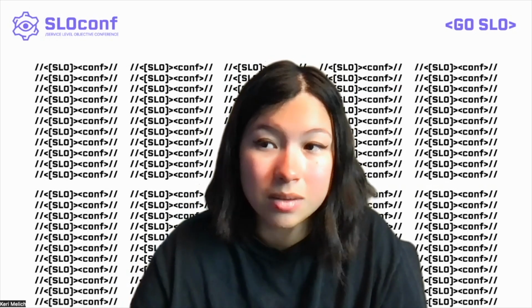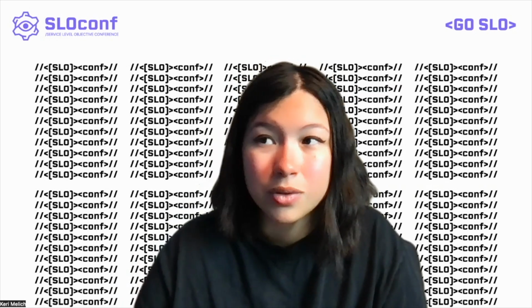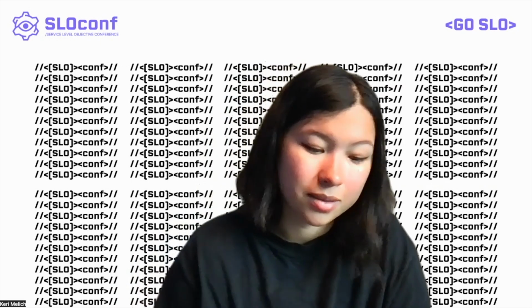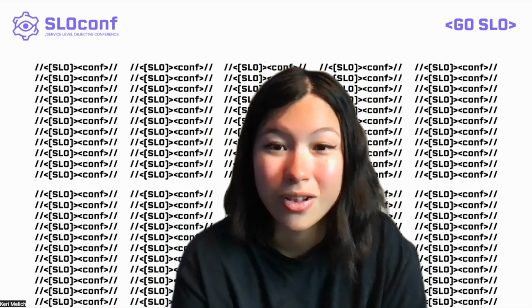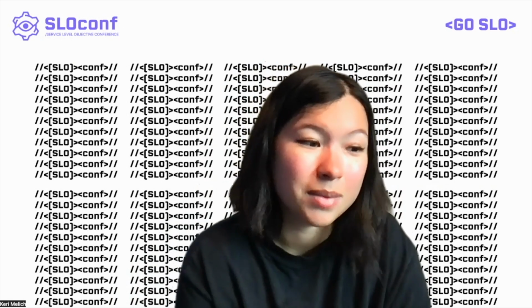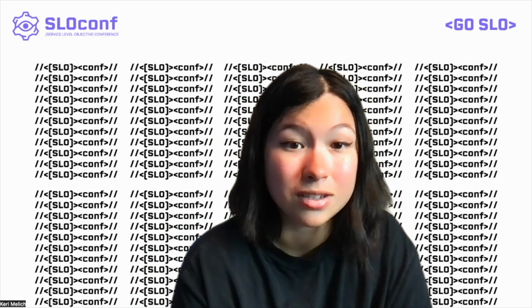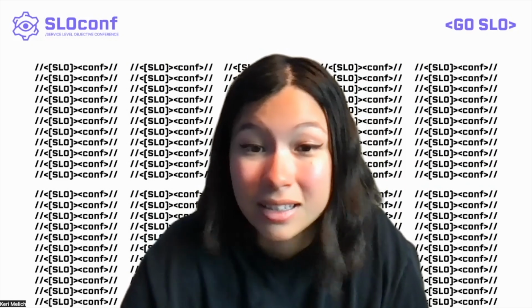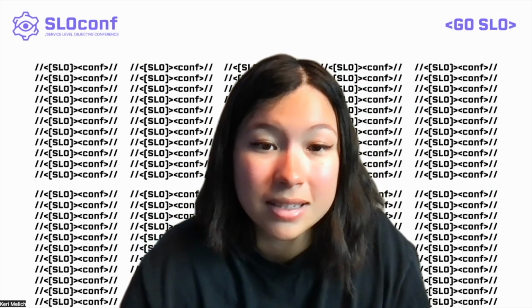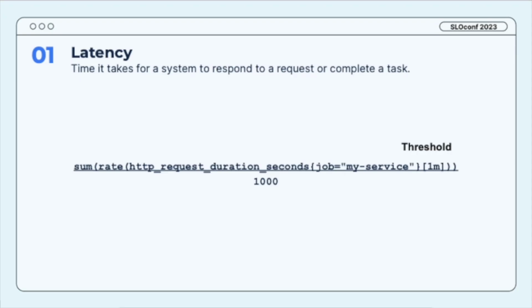And of course, there's going to be other parts to this. For example, you need to know whatever system updates your database, for example, that stores all of that real-time stock data needs to make sure that that information is up to date too. So you might have a separate SLO for that, or you can add that to this SLI directly as well. SLIs can get pretty hairy the more you add to it.